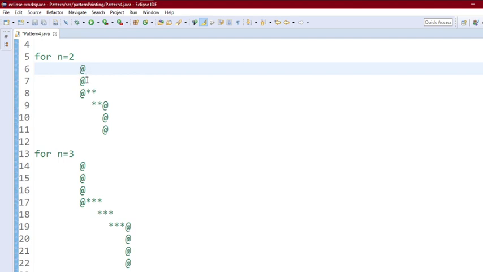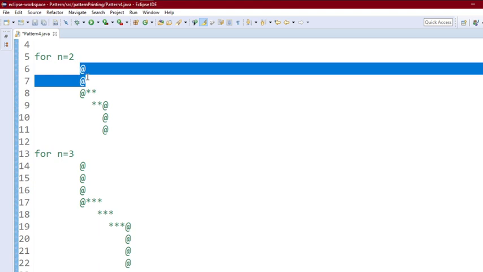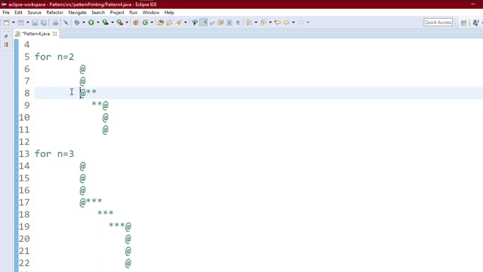For that we first have to observe this problem very closely, then we can apply our concept on this. As we can see, for n equal to 2 we have to print two @ signs at the beginning of the first two rows. Then after the first row we have to print some pattern where we also print some white spaces. Then at last we have to print an @ sign after printing some white spaces. So we can divide this problem into three parts.